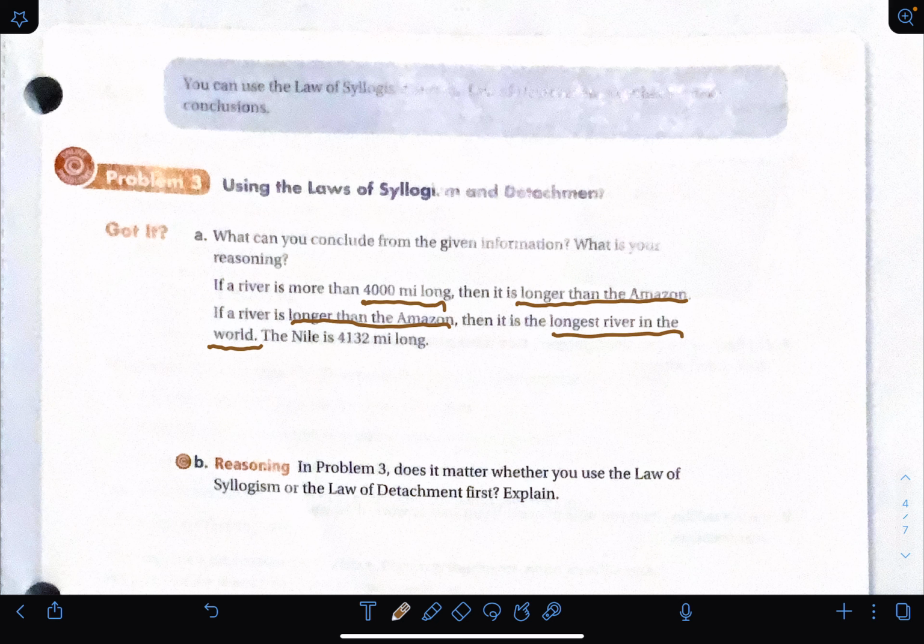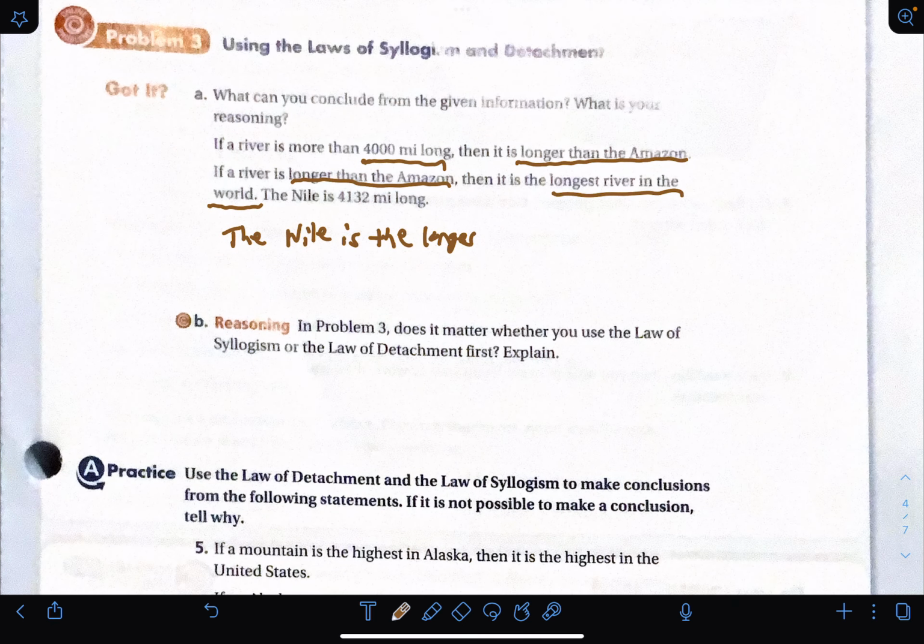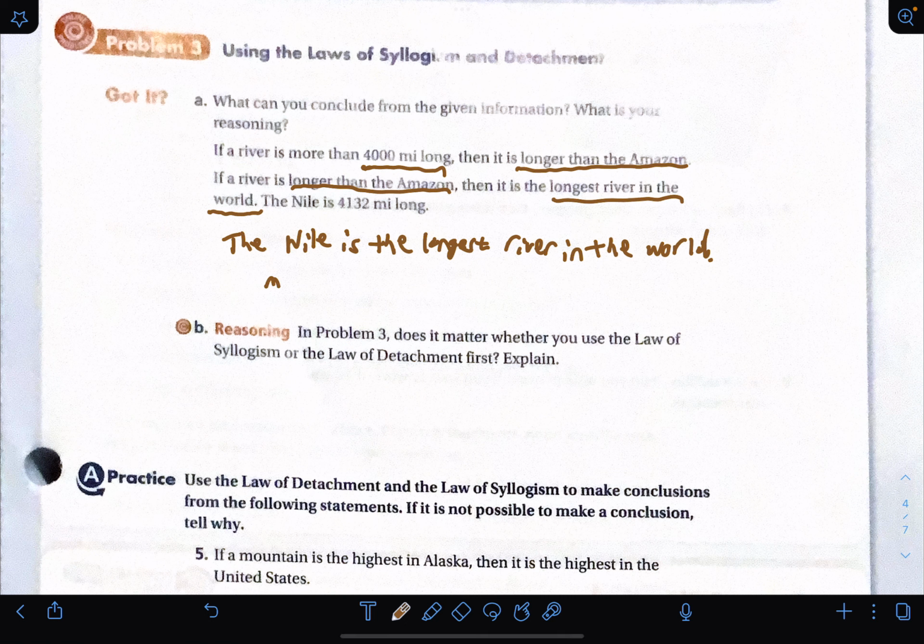The Nile is 4,132 miles long. Thus, the Nile is the longest. It's the longest river in the world. It says, explain, what is your reasoning? My reasoning